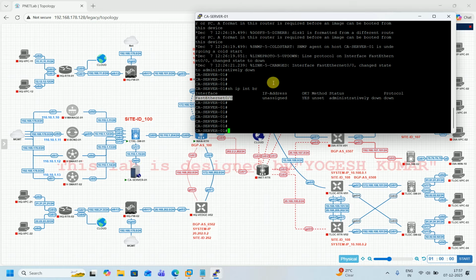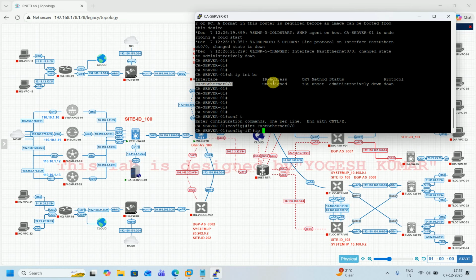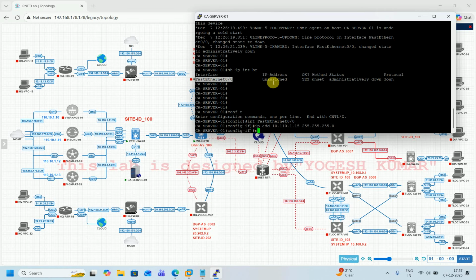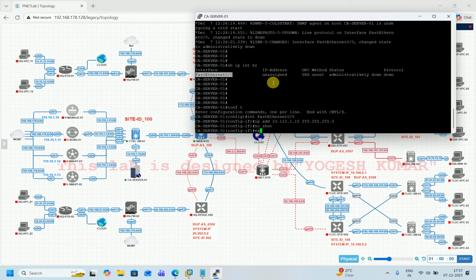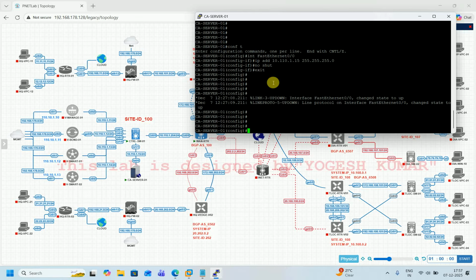So interface, we are just using 10.110. Shut. I have to give one default route towards the WAN router. So IP route